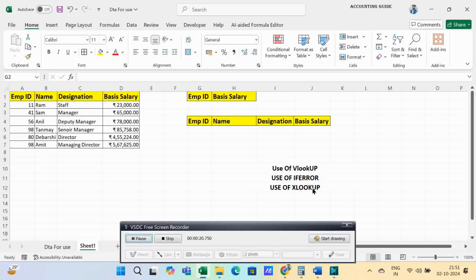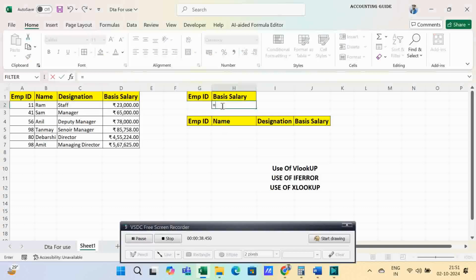Why do we use the VLOOKUP formula? We use the VLOOKUP formula for vertical lookup. When we want to find anything vertically, we always prefer the VLOOKUP formula. So how can we implement this? Let me show. Equals to, always